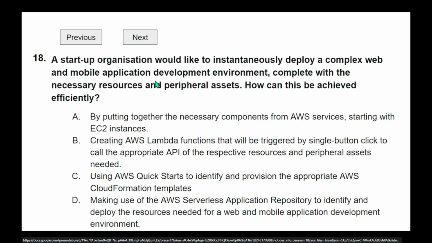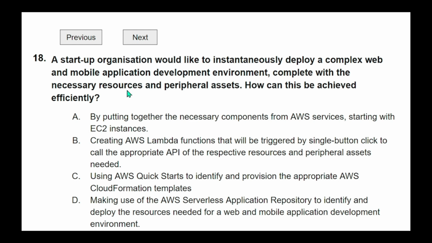Question 18. A startup organization would like to instantaneously deploy a complex web and mobile application deployment environment, complete with the necessary resources and peripheral assets. How can this be achieved efficiently? Option A, by putting together the necessary components from AWS services, starting with EC2 instances.